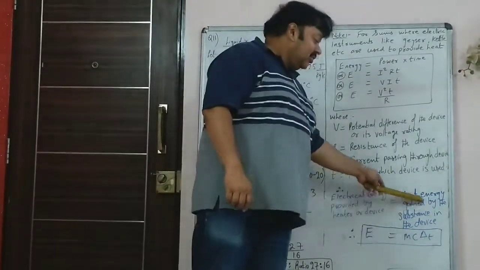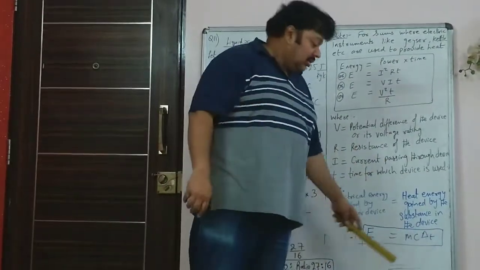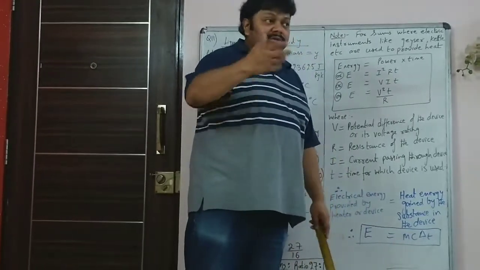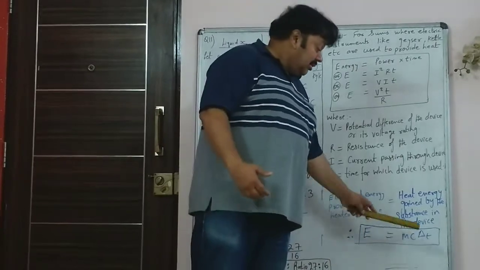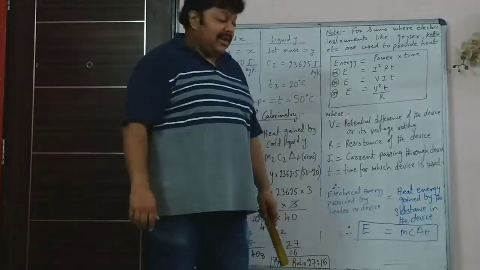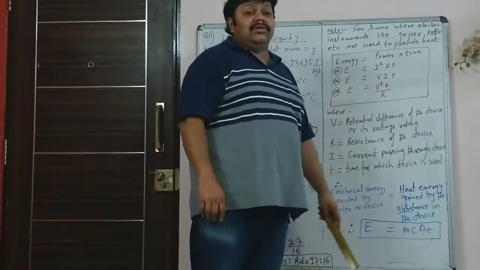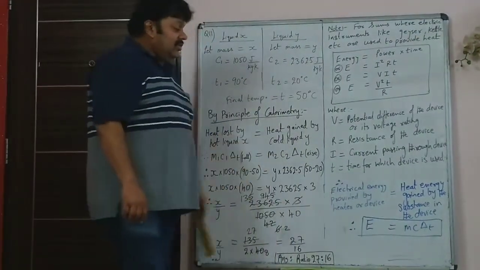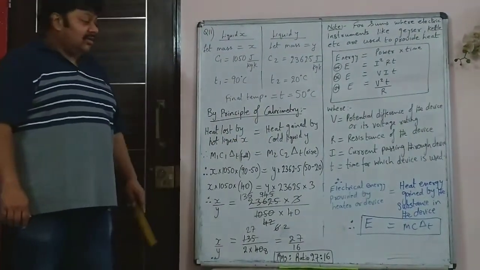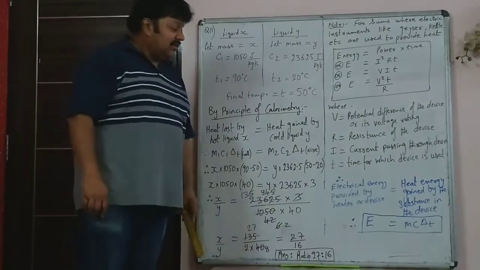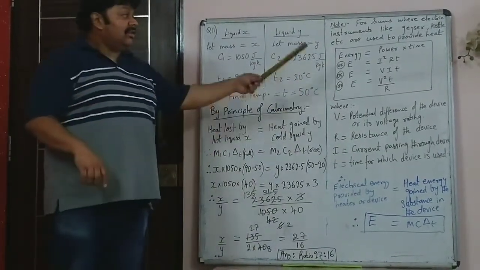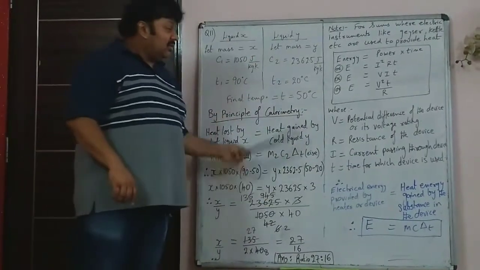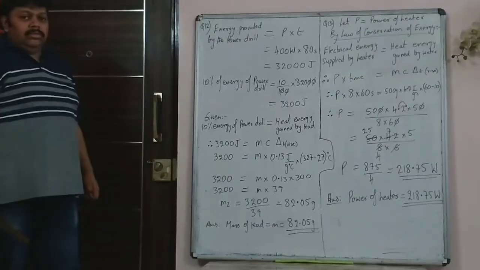where m is the mass of that substance, maybe mass of water, C is the specific heat capacity of whatever substance is taken inside the device which is getting heated, and delta T is the rise in temperature. So these are things that you have to consider when you solve the sums in which any electrical device and its ratings are given. Make a note of this, write all this in your notebooks.